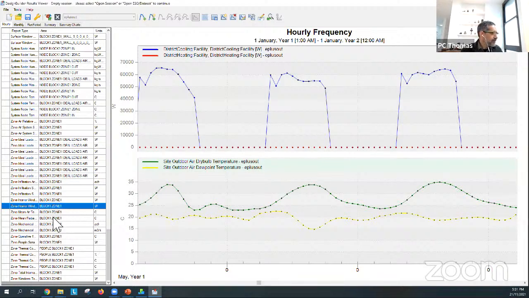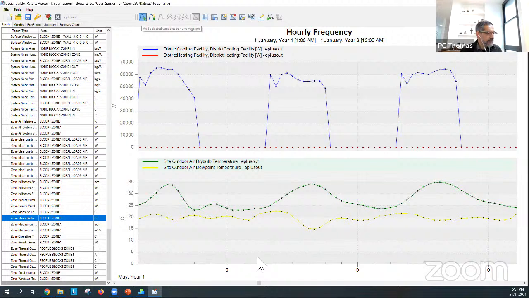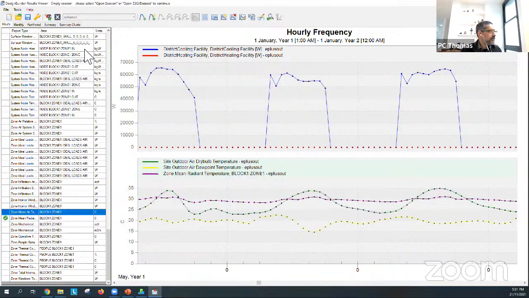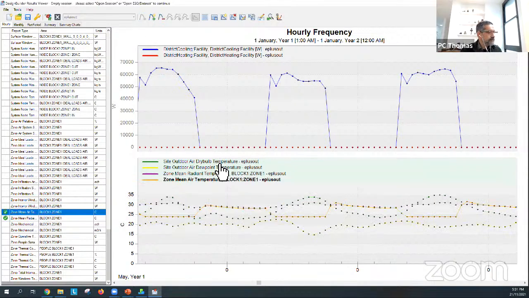Oh, I see. I didn't plot the radiant temperature. I plotted something else. Here we go. That's better. Mean radiant temperature for the zone, and I want the mean air temperature for the zone. Perfect. That's good. So if I look at one day,